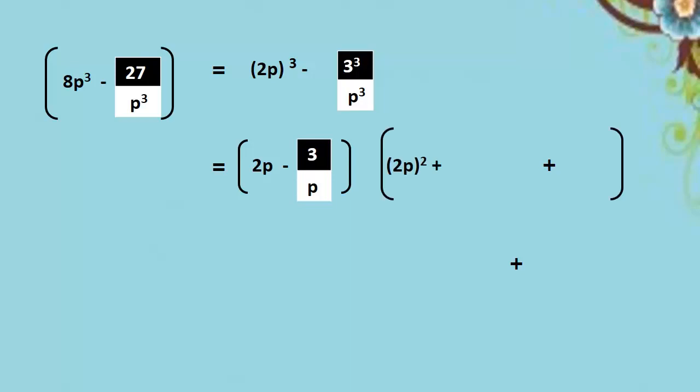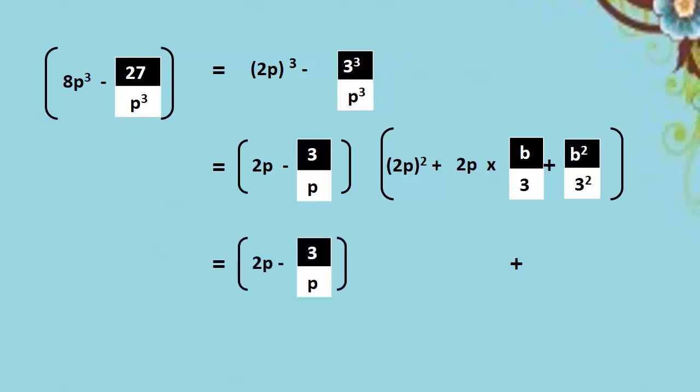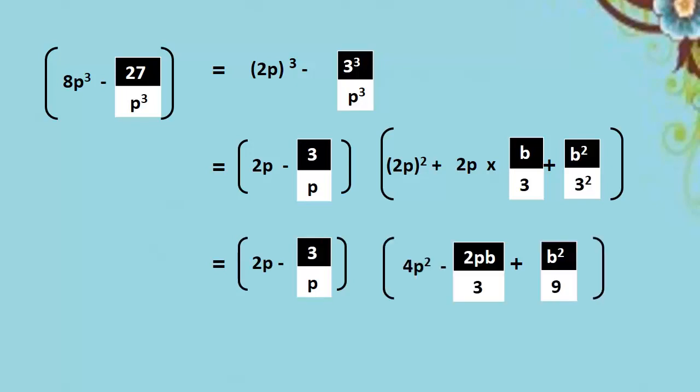Now 8p cube minus 27b cube. So recall the cube roots. Yes, 8p cube will be 2p and that of 27 we know is 3. So first write down correctly. Now substitute in the formula. If you are not confident, children, please write down the formula. So now in the first term there will be no change. Write as it is. 2p the whole square will be 4p square minus 2p into b, 2pb into 3, plus b square upon 9.